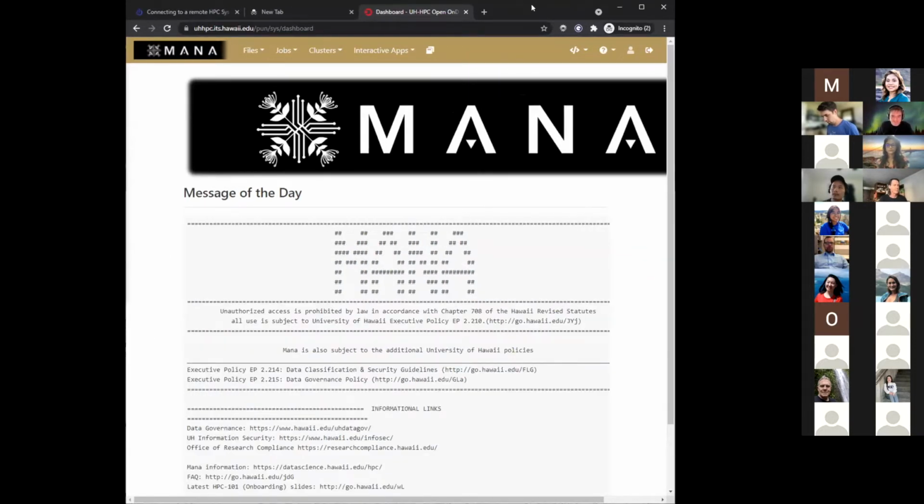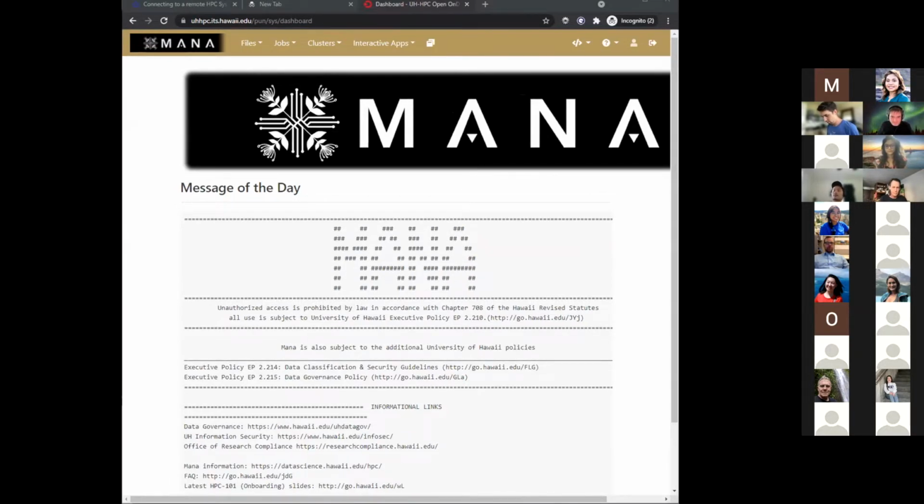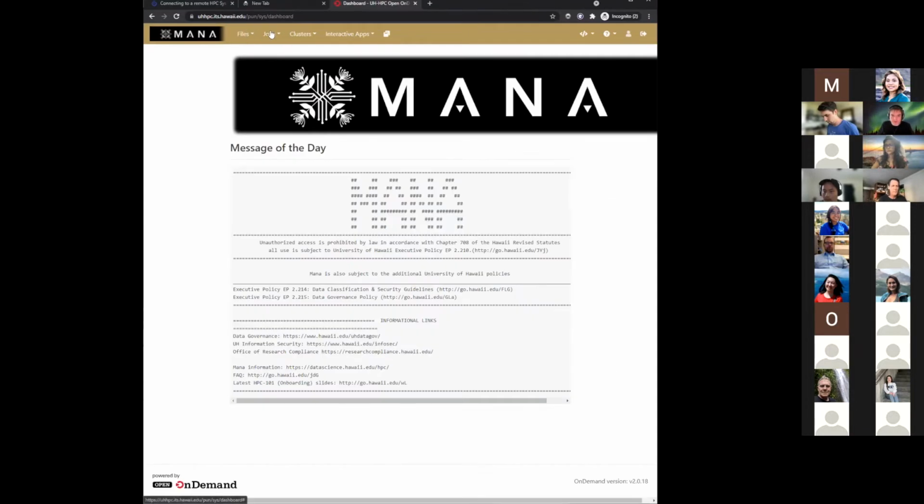But let me see here now. Get my slides up here. So walking through the site just briefly, the first thing that you look at is the top here, basically. So there's files, jobs, clusters, interactive apps. Files allows you to basically